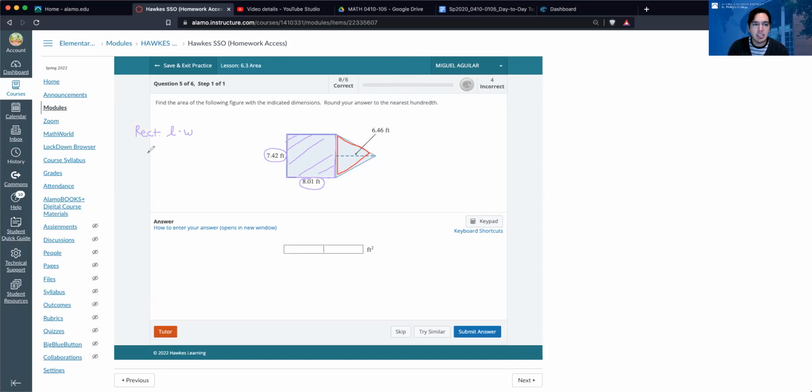Okay, so that just means I need to multiply 7.42 times 8.01, and I'll be able to get that interior surface, the area of that rectangle. Okay. And I said, okay, well, for now, when we work with decimals, I would say go ahead and use your calculator unless you want to practice decimal multiplication, right? So if I threw this in the calculator,